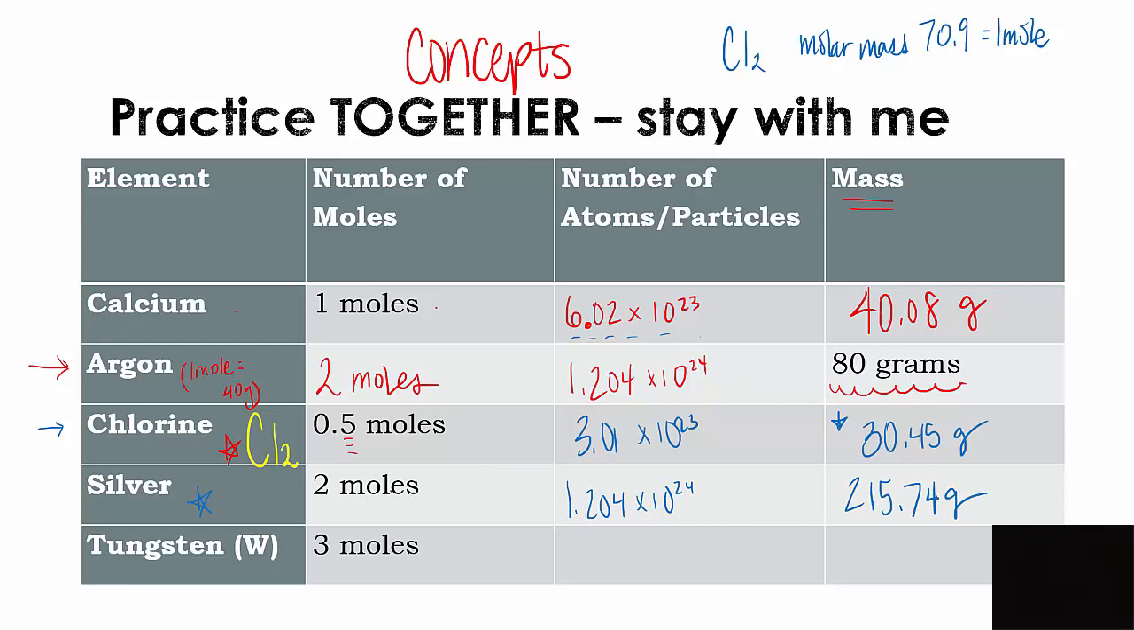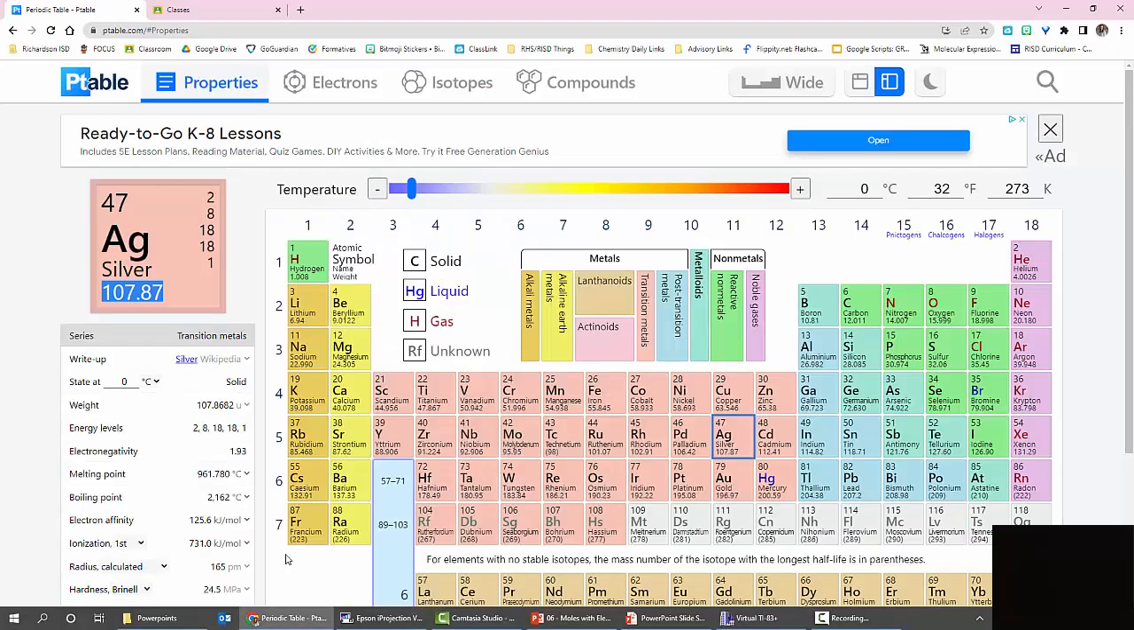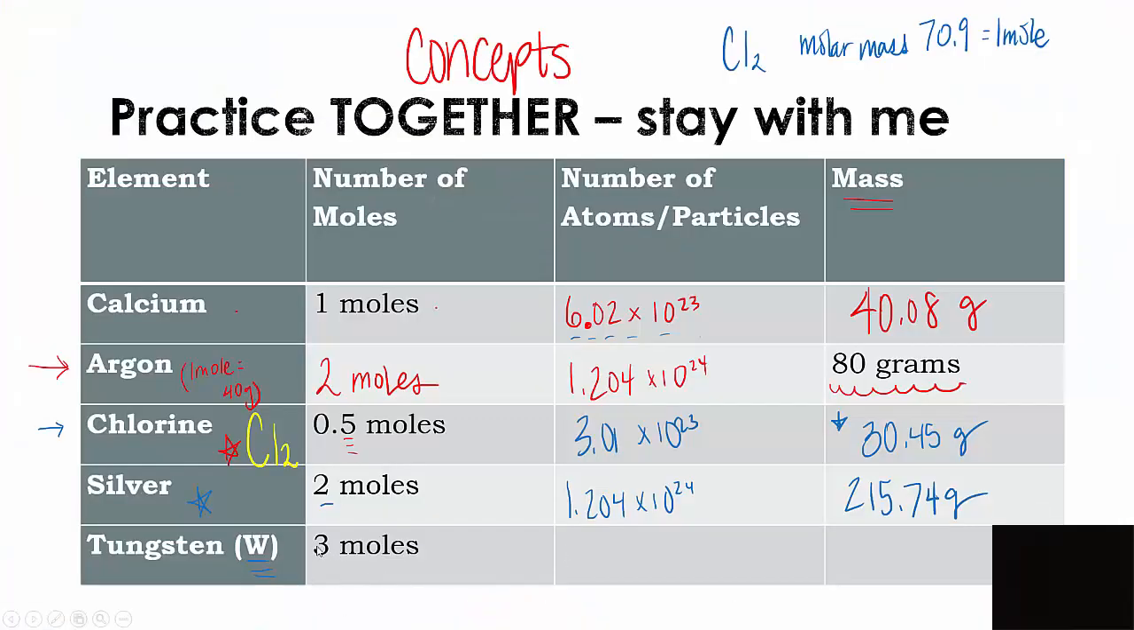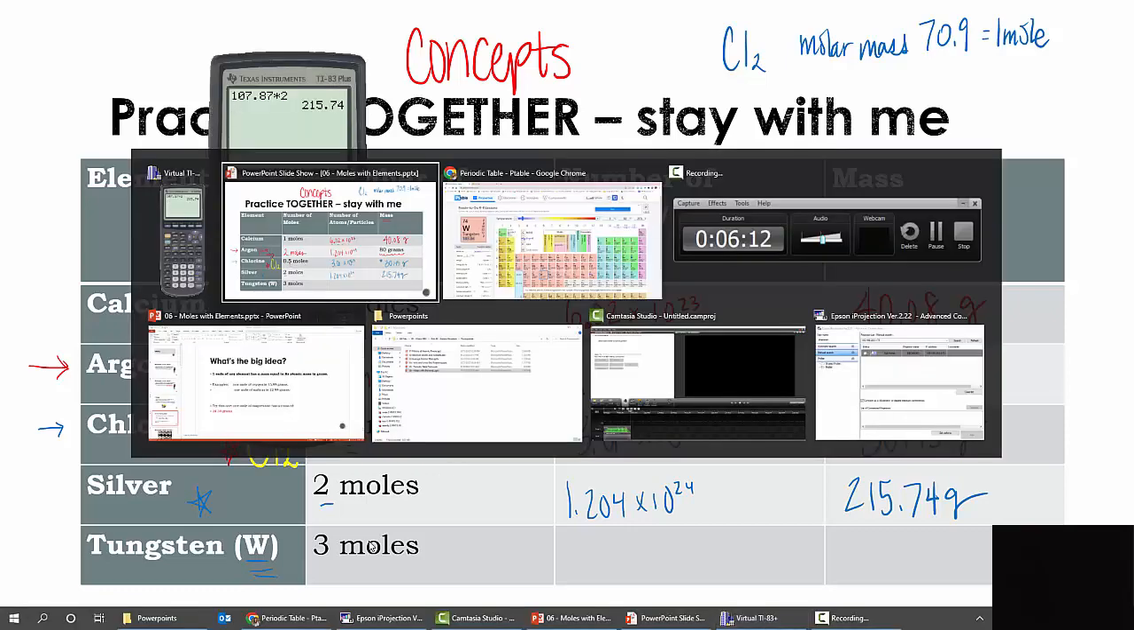Again, that was 2 moles, so we doubled everything. All right, finally, we've got the element tungsten, which is W on the periodic table. Let's find that. Tungsten is down here. Y'all, its molar mass is 183.84. However, in this problem, we have 3 moles of it. So I'm going to take that molar mass,